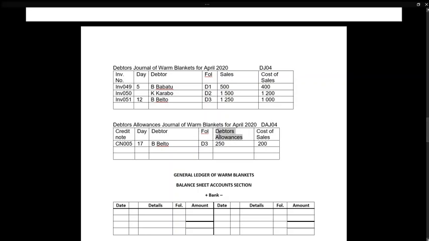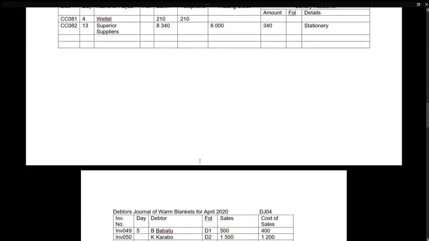Debtors allowances is the opposite of sales. Sorry, this is an expense account. We are reversing sales. And cost of sales, which originally when we sold the products to B. Balto was an expense account, but now because he's returning it, we need to reverse our cost of sales. Therefore, this will technically be the opposite of an expense. It will be an income, opposite side of your expense account. I'll show you just now in the general ledger. Right, so